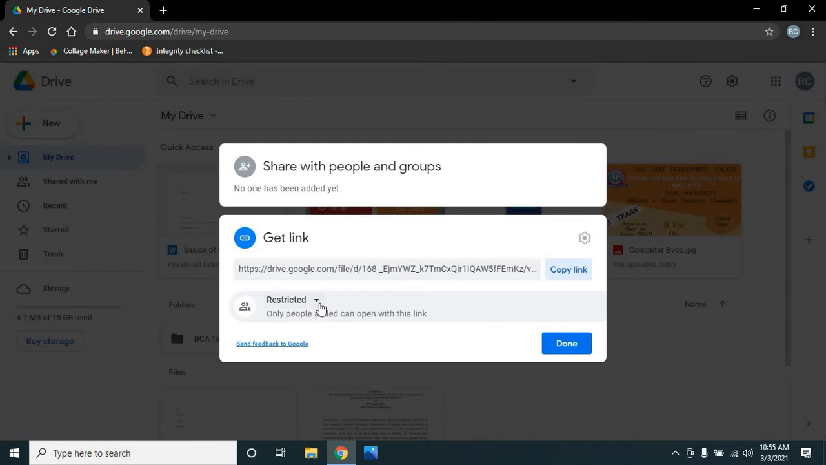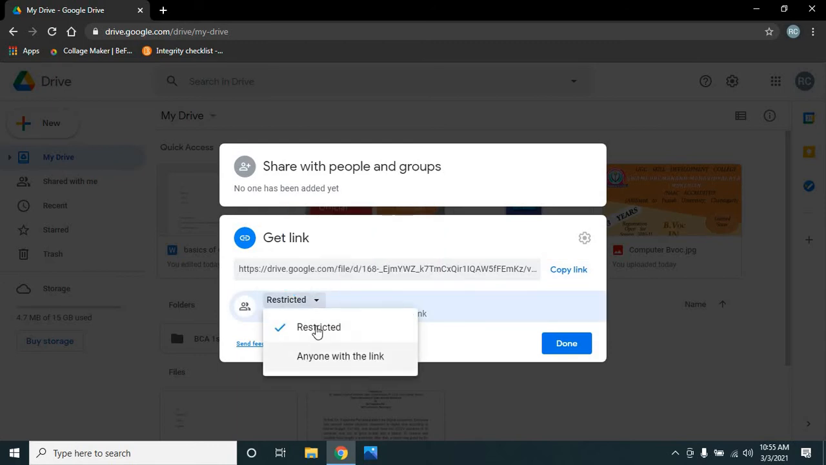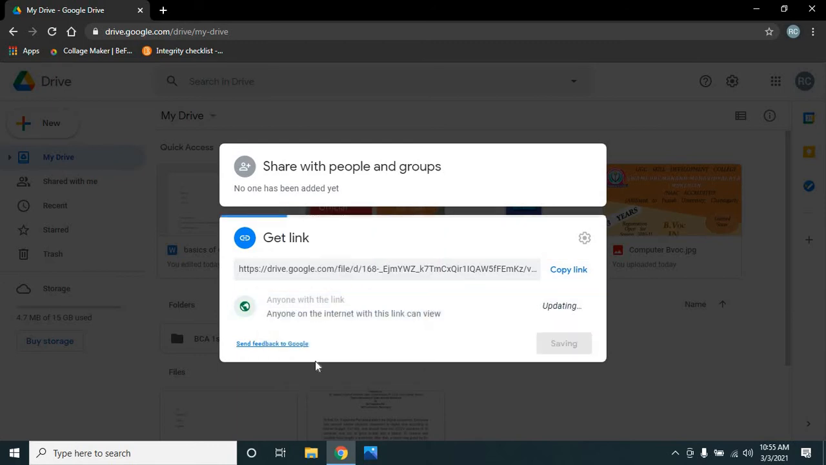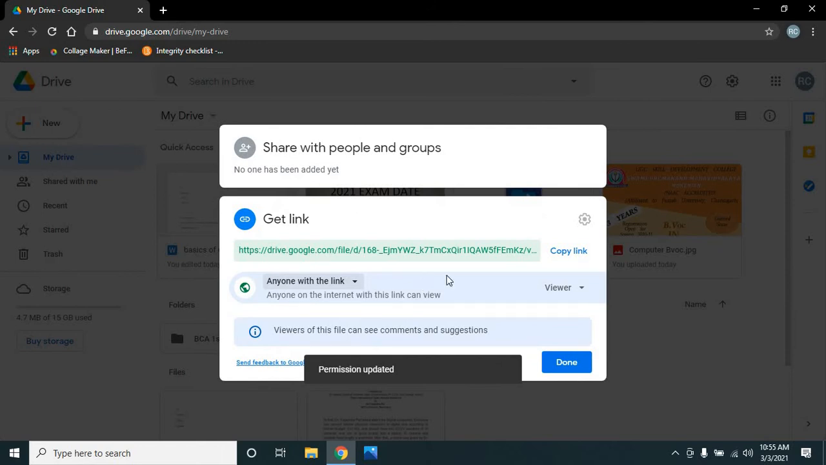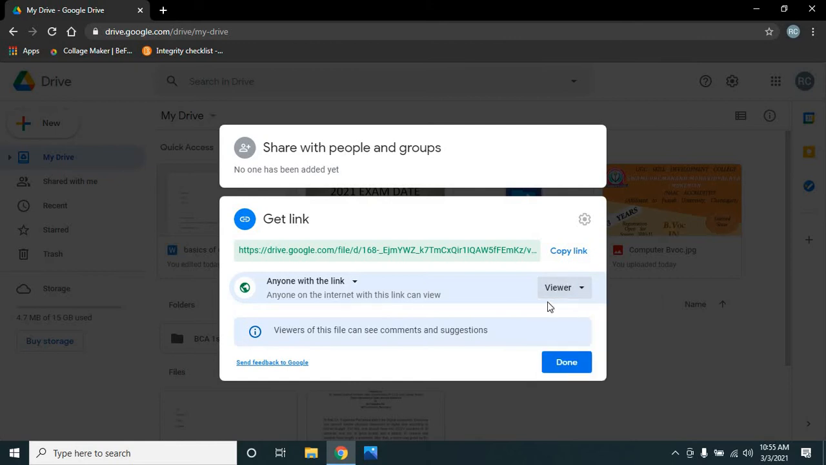When you right click and click on get link, see, by default the access is restricted, only people added can open with this link. Right. And you can click here, anyone with the link, anyone on the internet with this link can view, comment or edit. Editor means he can make changes in this file. Viewer means he will be able to view this file only, and commenter means he or she can comment on this file. So by default it is viewer, you can change it, and just click viewer or any option you want,